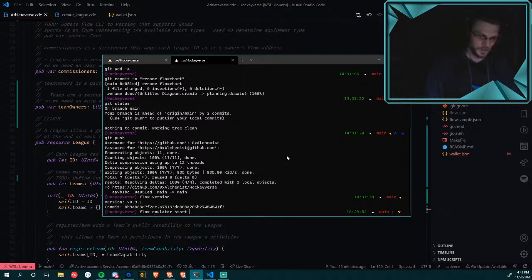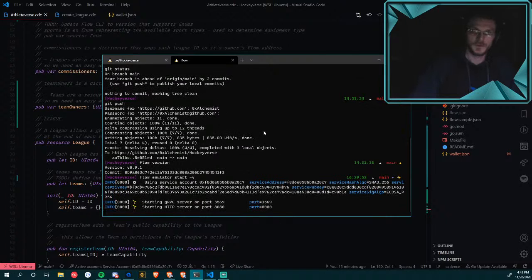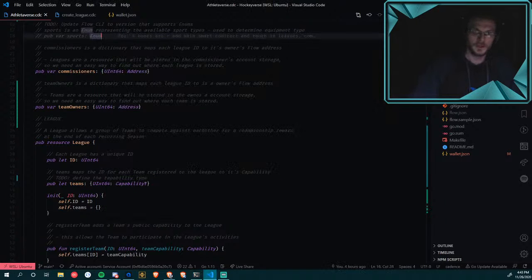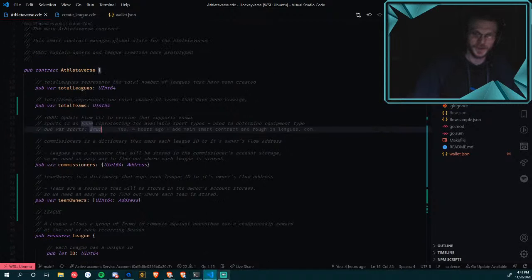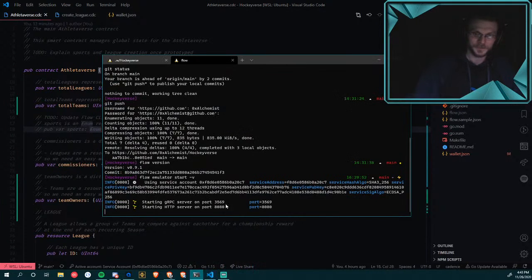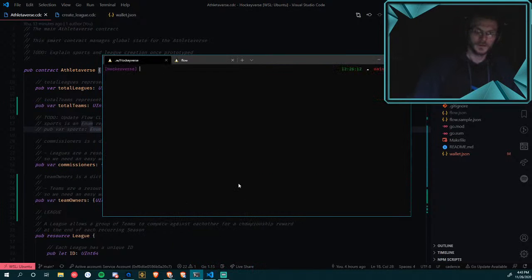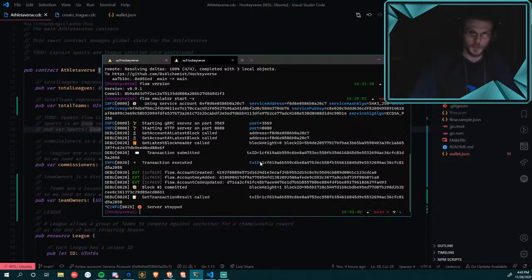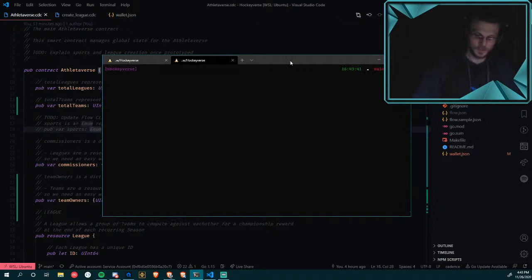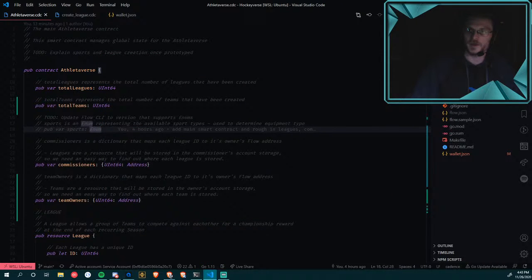Emulator start verbose. So we started our emulator. I guess you're not really gonna be able to see it anyway because there's no error highlighting on here. But we just created a really simple Go script. We run make with the emulator started, and we'll just get prompted to run through. So our contract deploys. Yay! No error messages, no panics. That's a good sign. And that is the tooling that we're going to use to test out our